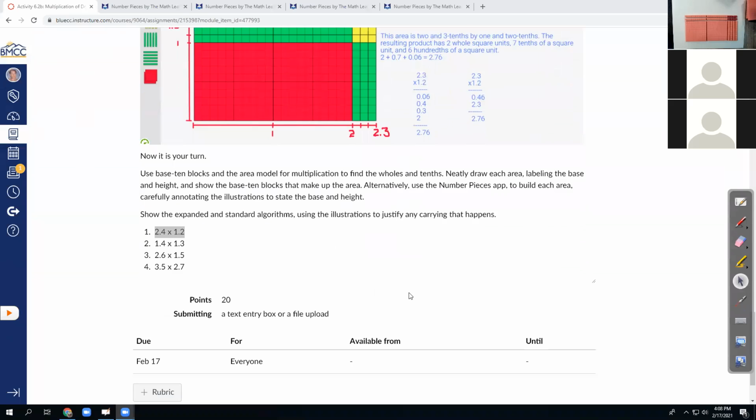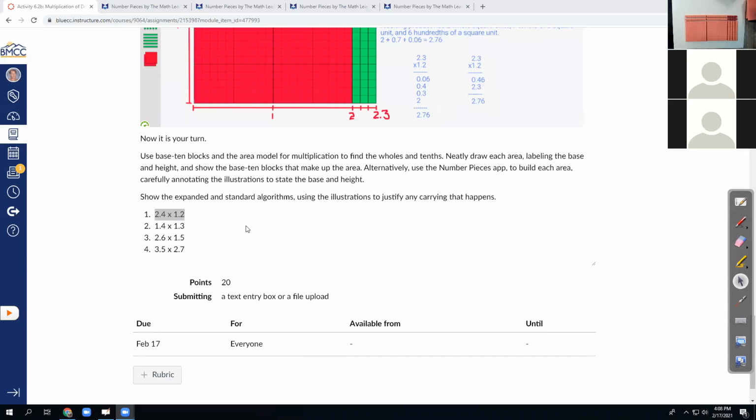All right, questions on this multiplication activity about what I'm hoping to get from y'all? Okay, so